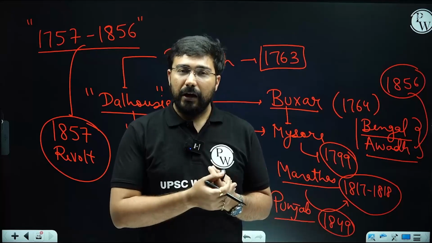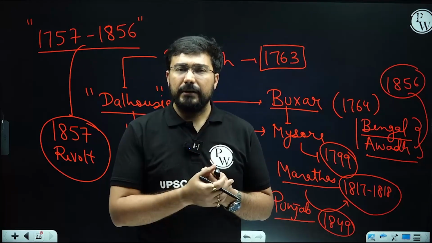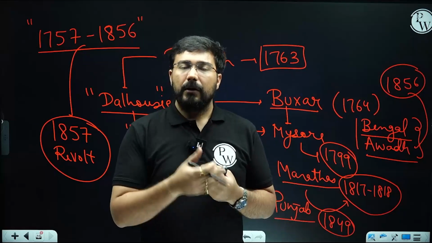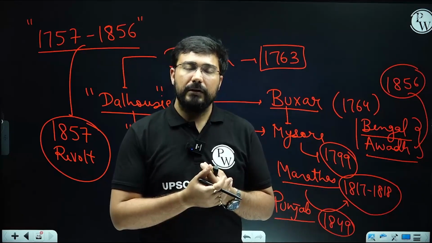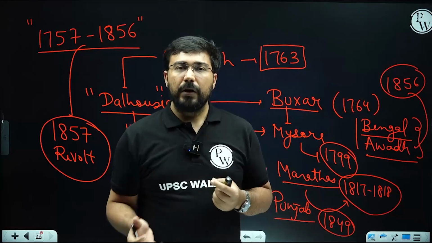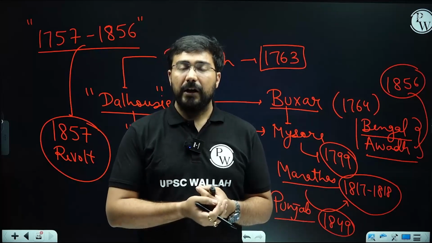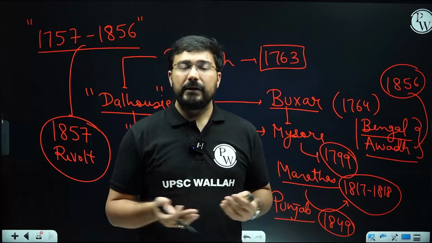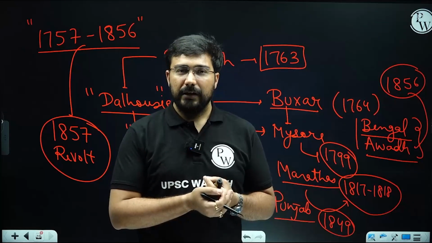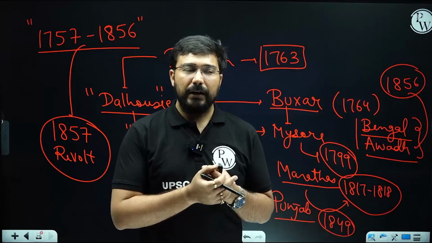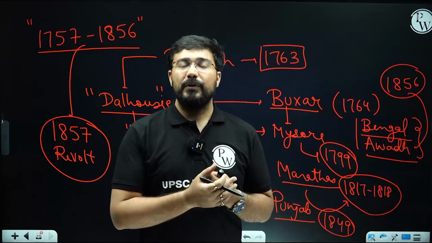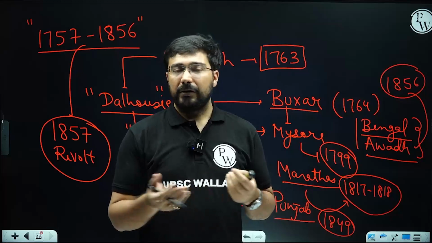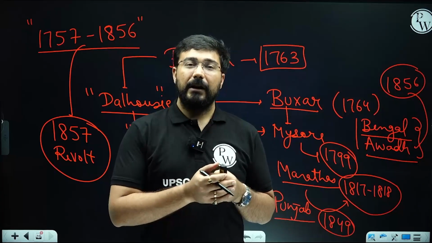Whatever conflicts we have with rival powers, not rivals as such, but at least we have fought wars with them, like China and Pakistan, or even the current skirmish in the region of Bangladesh, or the relationship with Myanmar. All these external relationships of India have been shaped by the British. The British were responsible for creating lots of issues for us, and we still have that colonial legacy in multiple things. The lack of trust between us and the authority in general is also because of the British, because they never considered themselves close to us. They were racist in all their policies and conduct, and that created a big challenge for us.